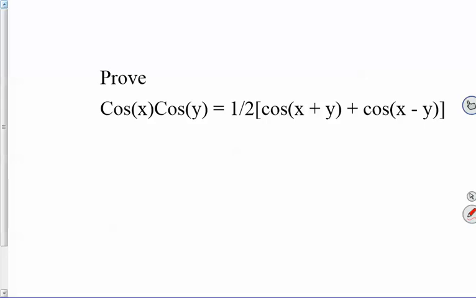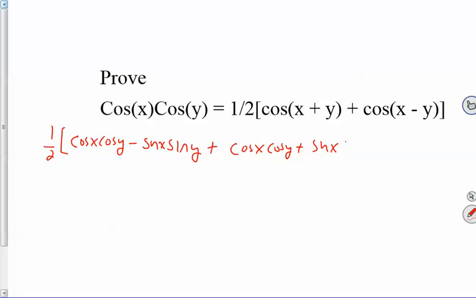If I deal with the right side, I got 1/2, and then this I'm going to say that's cosine x cosine y minus sine x sine y plus cosine x cosine y plus sine x sine y, using just our